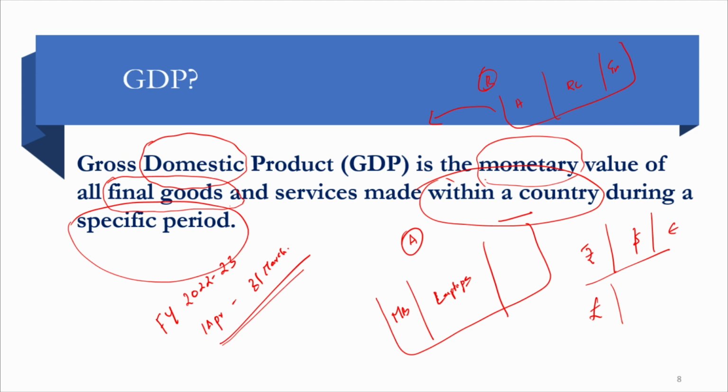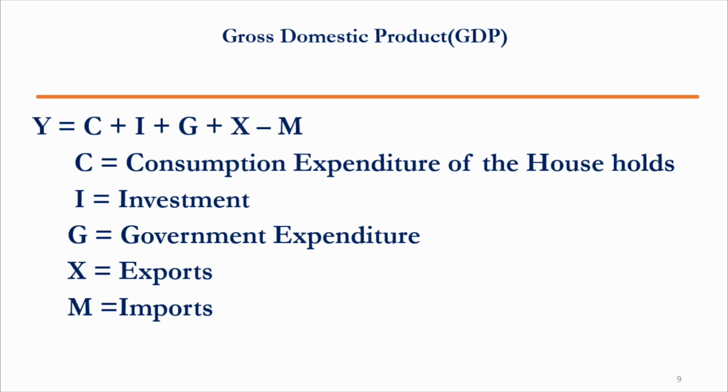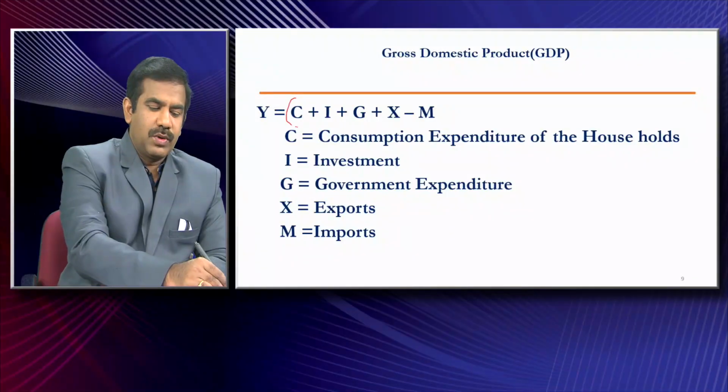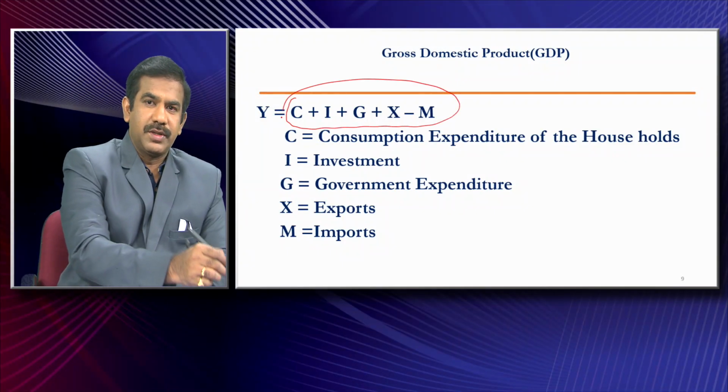Okay. So you might have noticed GDP emphasizes where the things are produced. Having seen the definition of GDP, now let us look at the very commonly used formula to compute GDP. As I already made clear in the previous lecture, there are three different approaches to compute national income: the income method, the output method, and the third is the expenditure method. So here is a formula to compute GDP using the expenditure method.